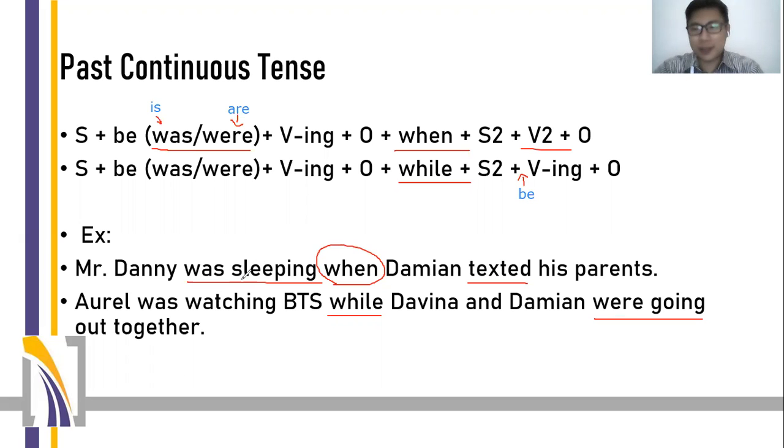Okay, let's move on. So this is the past continuous tense. Yes, you need to change it into was and were, and you need to use when or while. Although sometimes you don't need to. It depends on the questions. Sometimes you don't need this part